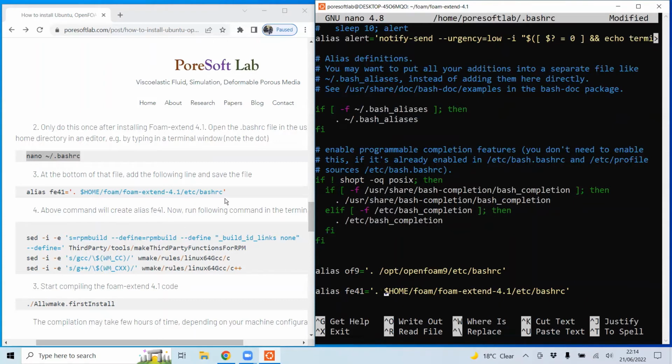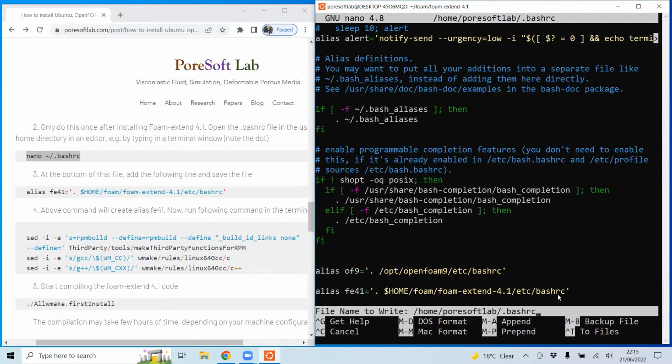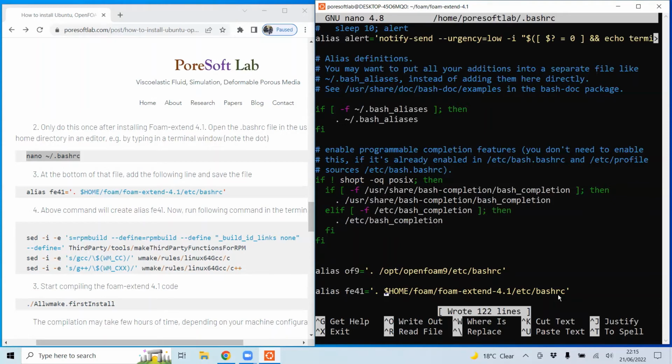And now this is the correct command which we should use. Please remember that we should have this path to the bashrc file to make this FE41 environment available for performing simulations. So let's save it. To save it, use Control O, enter, and to exit, use Control X.